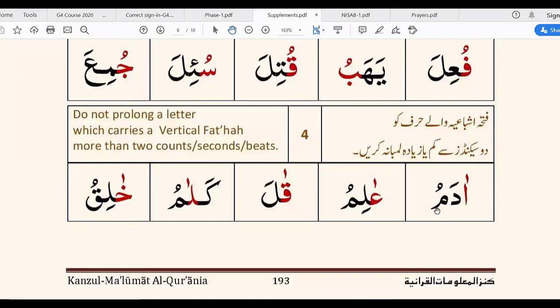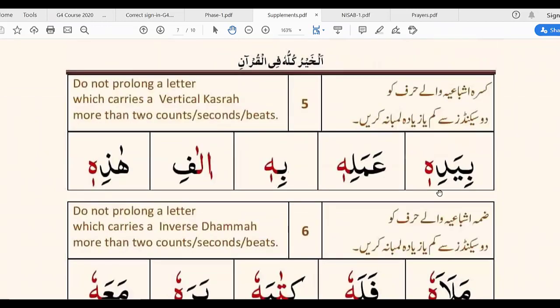So it won't be Adamu, it will be Adamu, Alimu, Qala. So we can hear the distinguished sound. We have 2 seconds on Qa and only 1 second on La. Qala, Kalamu, Khaliqu. And then again here, Biyadihi. We have 1 second on the 2 kasras and the 1 fathah here, and the vertical kasra will bear 2 seconds. We would have biyadihi, amalihi, bihi,